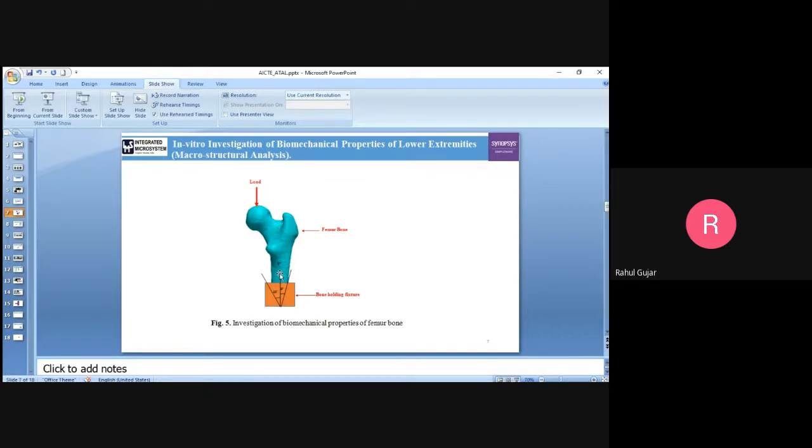At the same time, I am going to change the inclination of the bone according to different day-to-day activities. Here you can see that I have chosen 0, 8, and 15 degrees of angle at which the bones are inclined, and we all know that if bones are inclined, then at different loads there are different fractures that will occur in the long bone or femur bone. So this is the area which I am going to study.